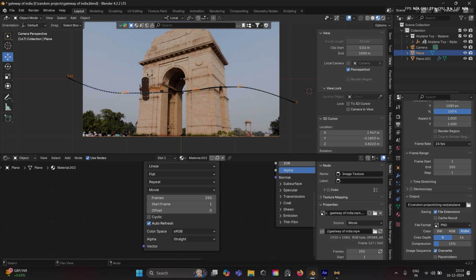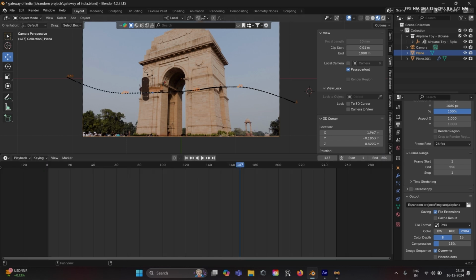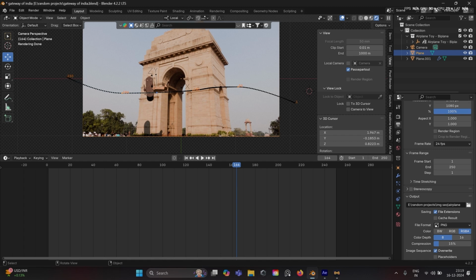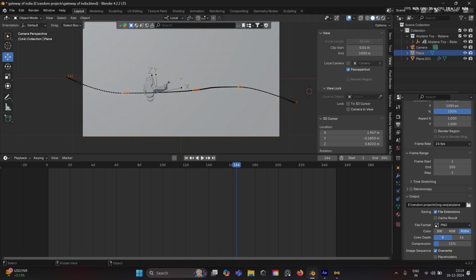Initially I thought that I would add shadows in this as well, but that was a little problematic because then I would have had to render the background with a green screen. It then clicked in my mind that I can easily do that in After Effects using drop shadow. So next, let's go to After Effects and see what I have done there.